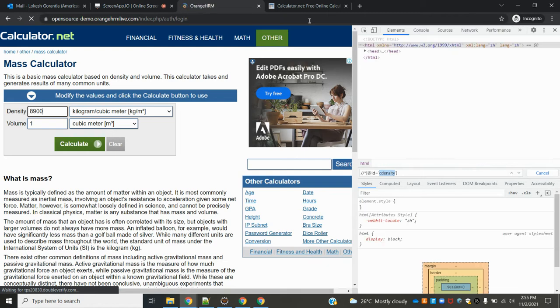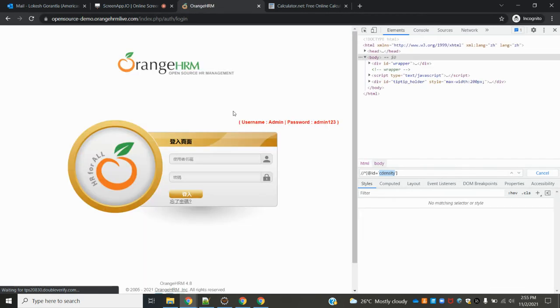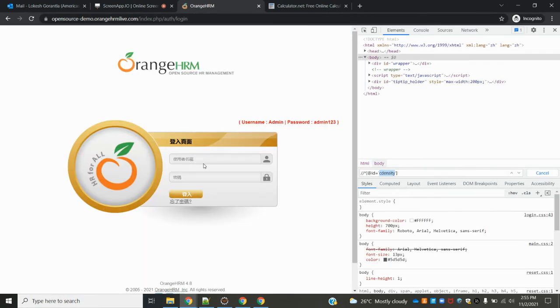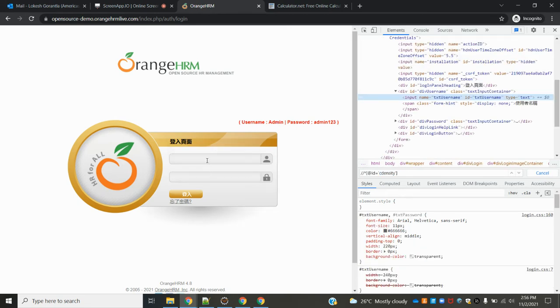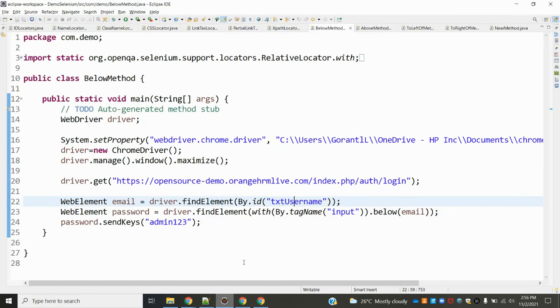Now this is my application, OrangeHRM, and here what I want to do: this is the email one, correct? In this email one, I want to fill the password value. Then I need to take XPath for this button. First one means username, then I need to use the tag name, which is the password tag name. Then we need to run. Now here I used it like that only.